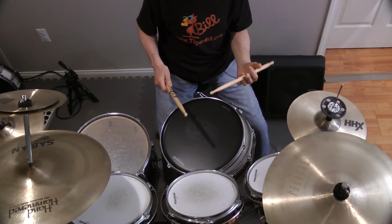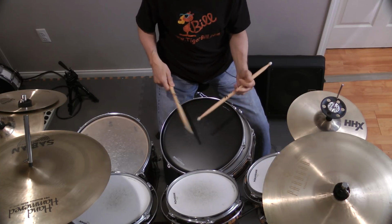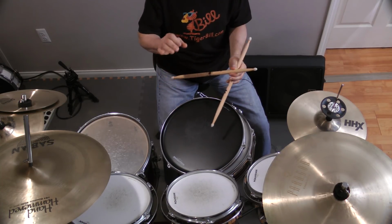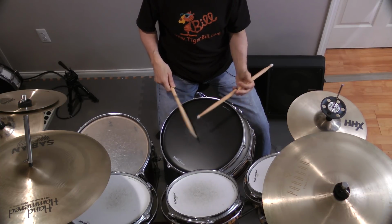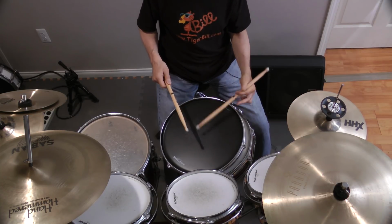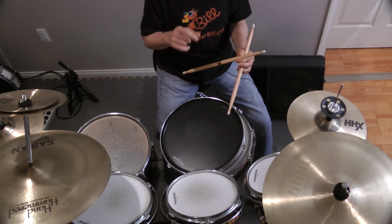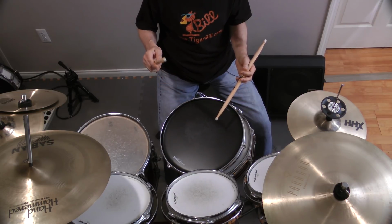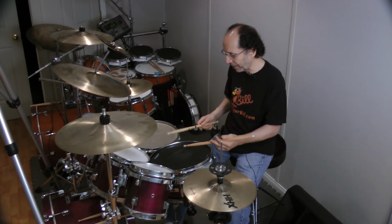So here's your drill. Exercise 1. And make sure that it sounds perfect, just like that, not this. Okay, that may sound cool, it may sound a little jazzy and all, but it's not correct for this drill. Okay, in the second one I was just throwing it and letting the stroke just happen. Okay, in the first one that I did,